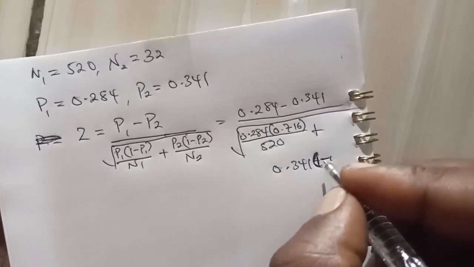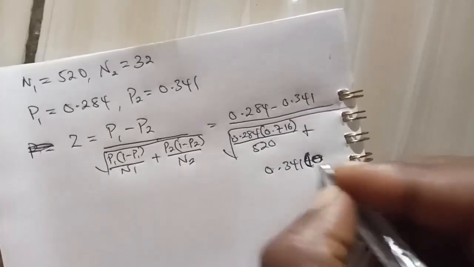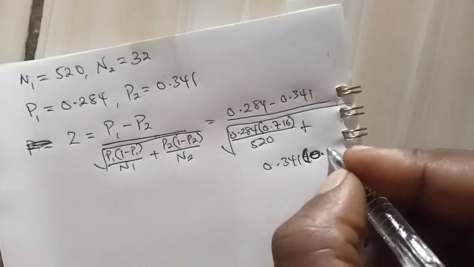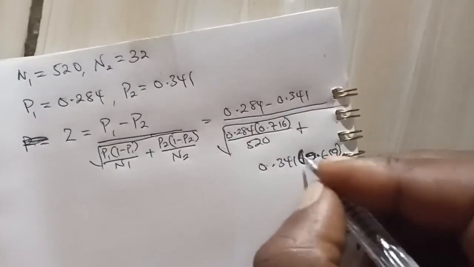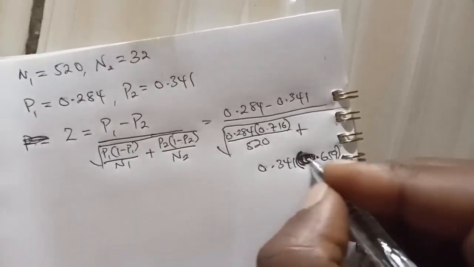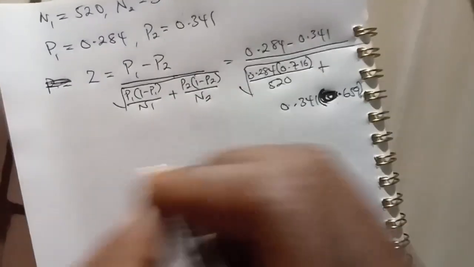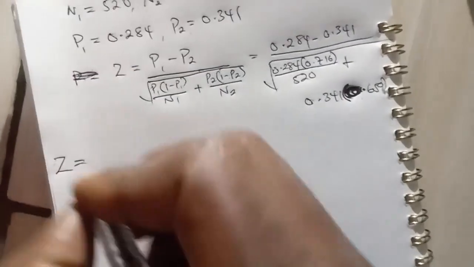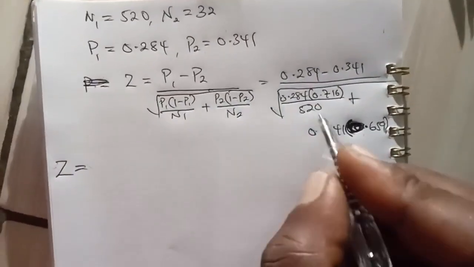The value will be 0.659 over 320. So the z will be, if we calculate this,